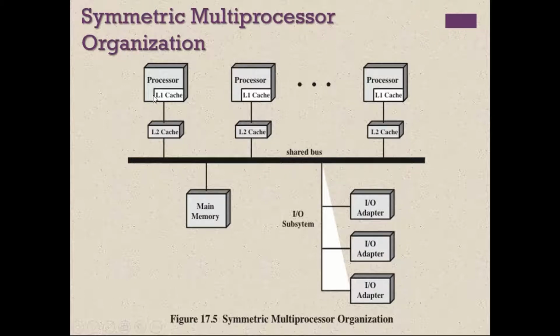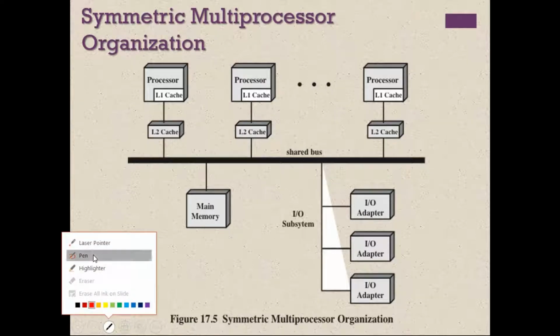If there is no cache, then every time the processor has to fetch the data from the main memory, and it has to do that via the system bus. The system bus is a slower device, and hence the processor performance will get slowed down. To avoid that we introduce cache memory. But the introduction of cache memory leads to a problem, which is called the cache coherence problem.